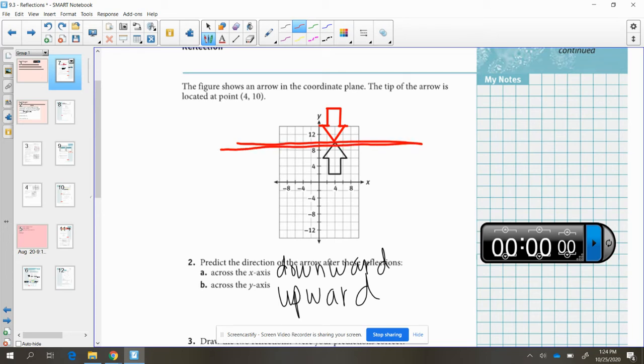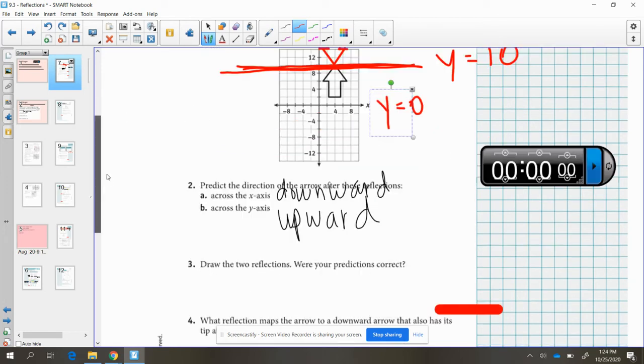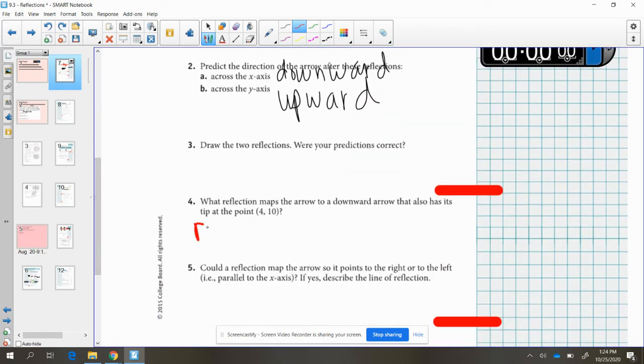This is a horizontal line, so we know it's going to be y equals something, and it's passing through the value of 10. Again, the x-axis is y equals 0. This one is a horizontal line through 10, so we would represent that as y equals 10. So this is going to be a reflection across